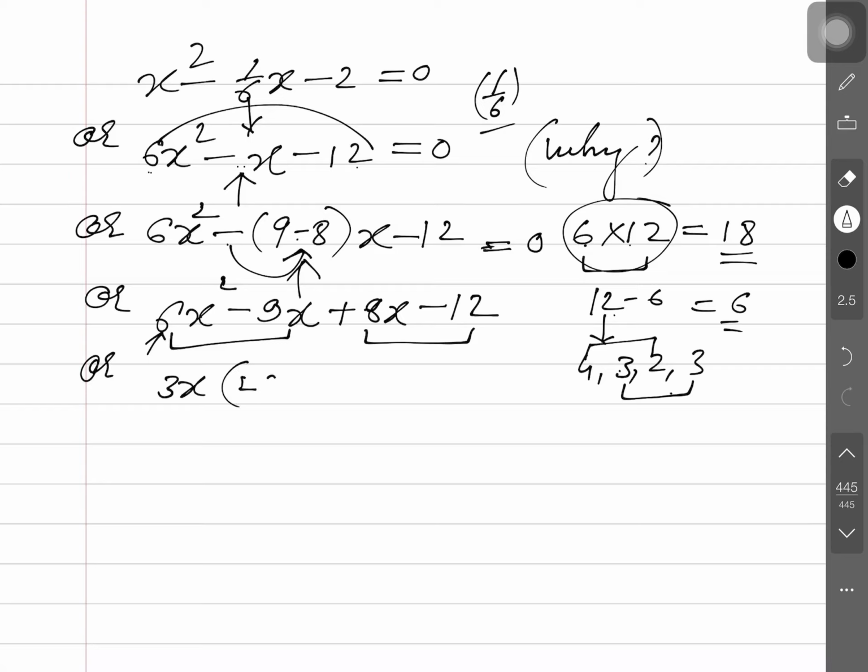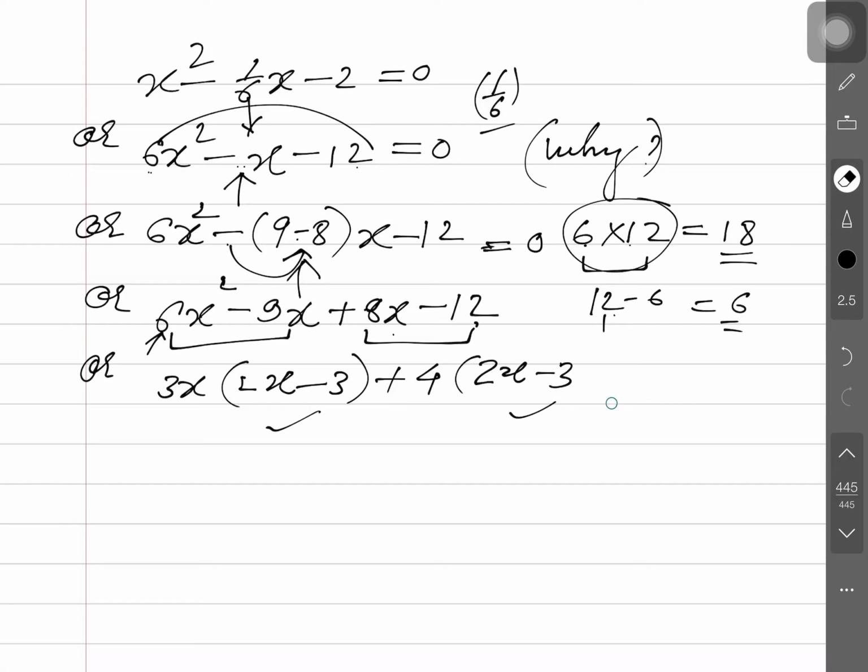And what's left here? Please tell me. 2x, and 3 only. Plus, what is common in the other two? 4 is common. What is left here? 2x minus 3. You just have to understand this. This term and this term always come the same here. Sometimes students think they are coming as the common terms, so sometimes they take the wrong common, and they leave the remaining terms wrong.